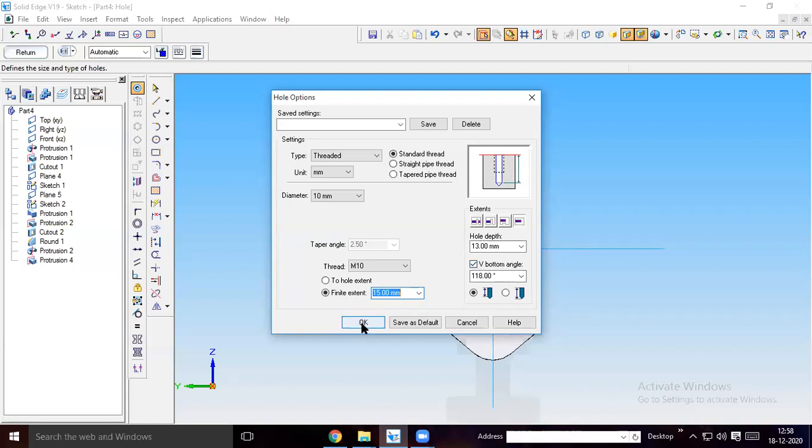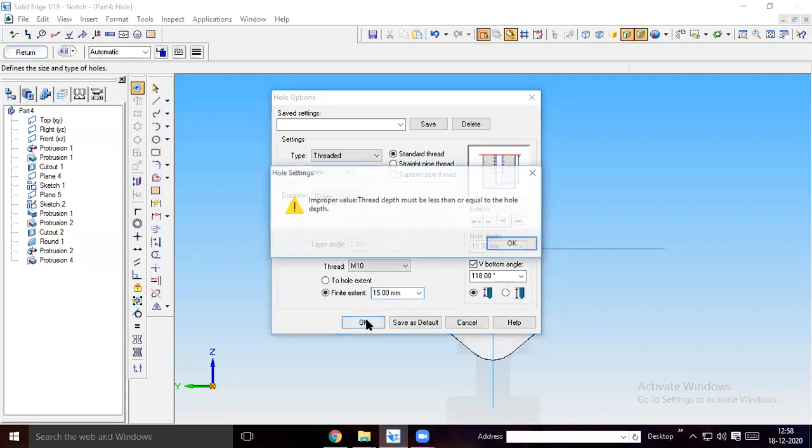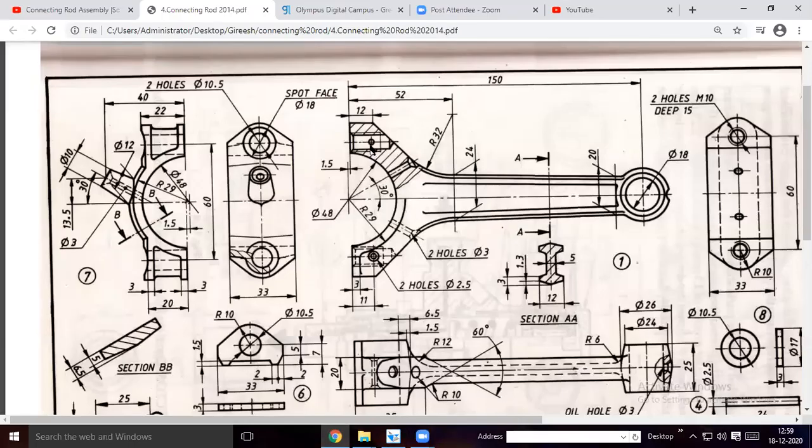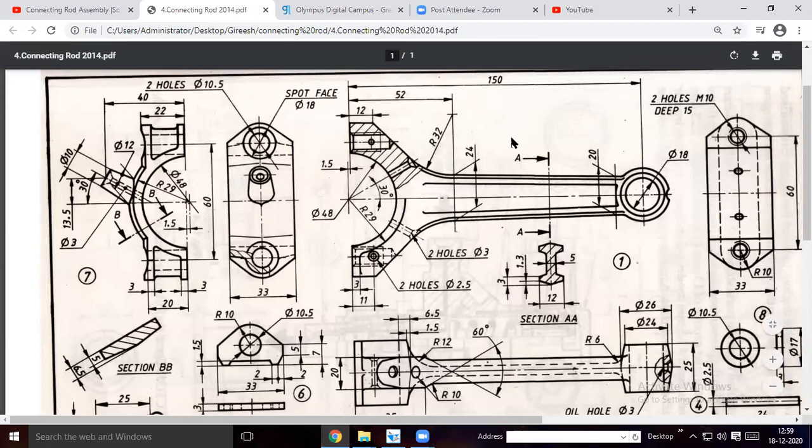Say okay. Say thread length will be 15. So for the whole length, give 3 mm more than that.